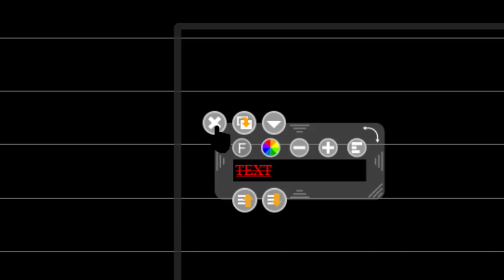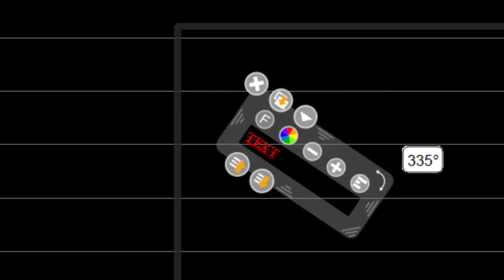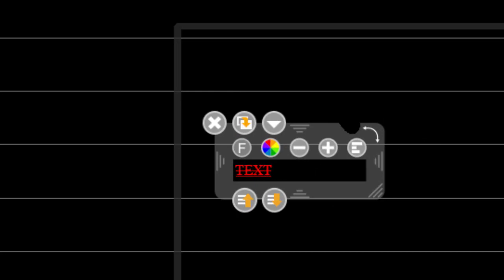You can see the undo button for all objects, whatever you are doing by using this tool. When you select, you can see one undo button. Easily you can delete any object from the board, and you can rotate this box also. All the tools are there with this box around the object which you are creating on this board.